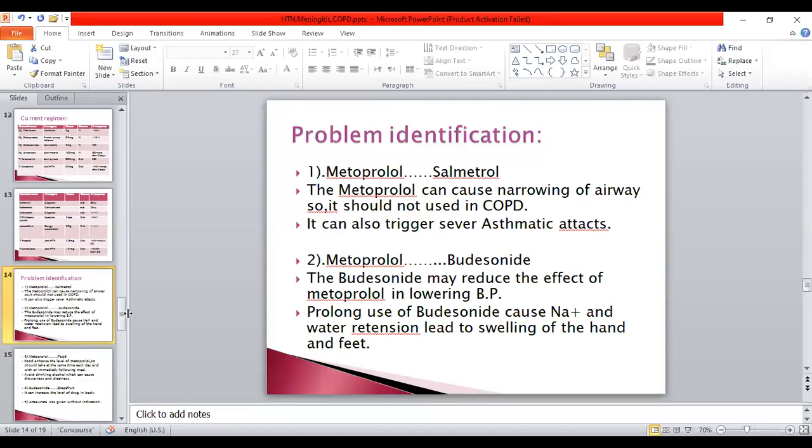You should know the answer, Mona. Are you telling it is a drug interaction? She wants to tell that this is a drug interaction actually, because they have mentioned two drugs. So she wants to tell that metoprolol inhibits the effect of salmeterol, I think. Whatever, whether it is combined with the drug or not, metoprolol definitely will cause narrowing. That's what she wants to tell, that it antagonizes the action of salmeterol. Same way down also. Okay, next.